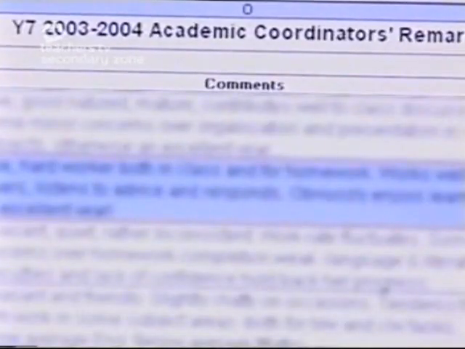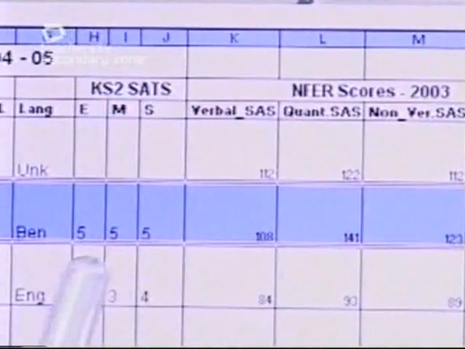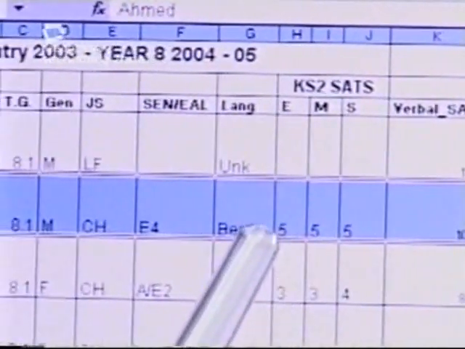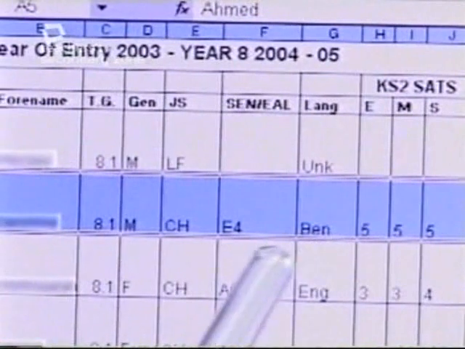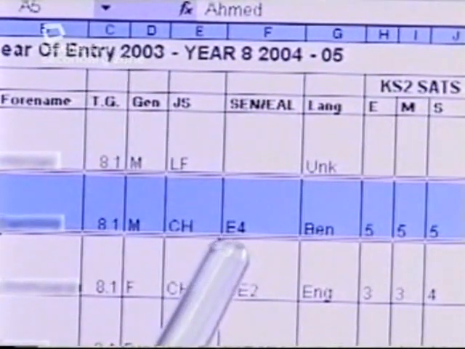My role is to draw together all those various different sources of information and to support the learning of a whole child rather than the learning of a child in a particular subject. A load of different information sources are brought together to give one document that condenses all that information that's available to teaching staff. And it draws on the comments of an academic coordinator, Year 7 NFER scores, Key Stage 2 SATs results, and it draws on some background information that we know about the kid.